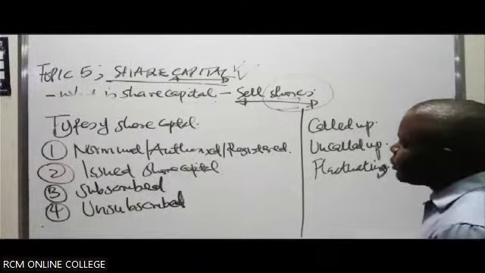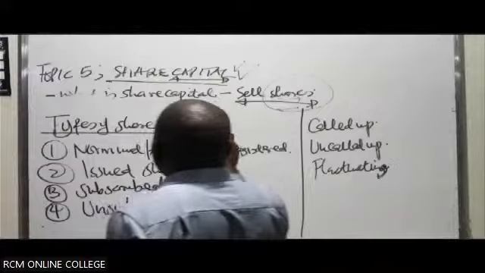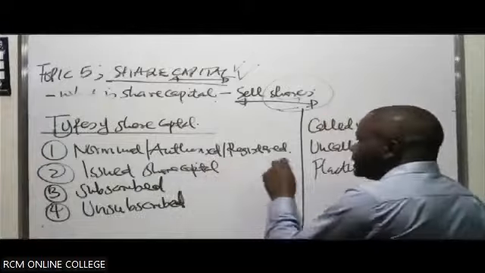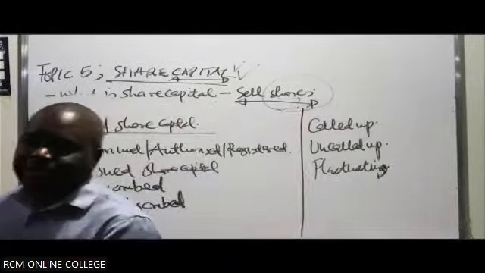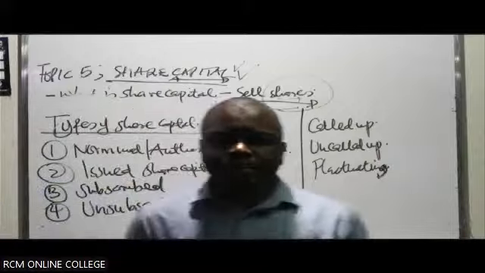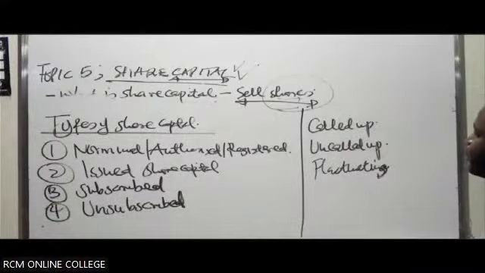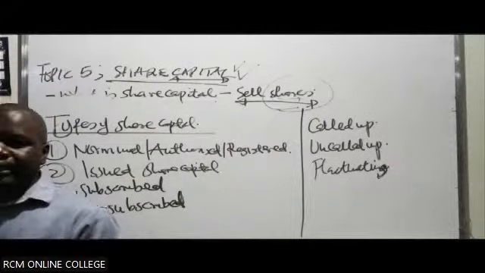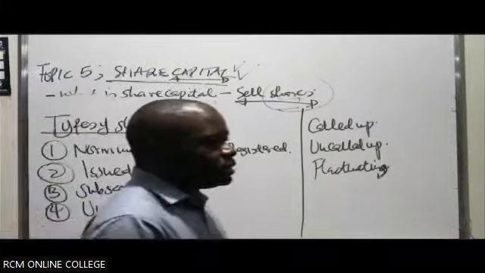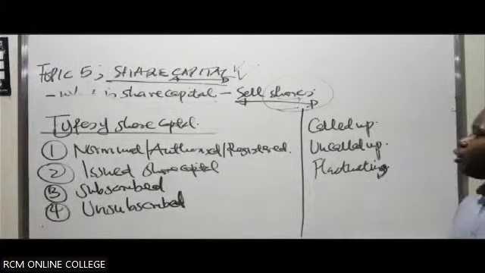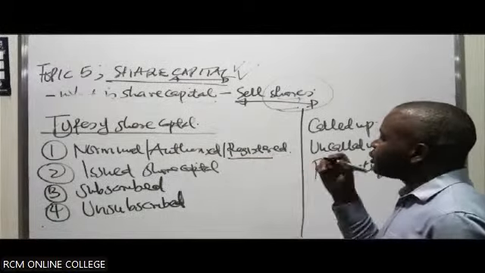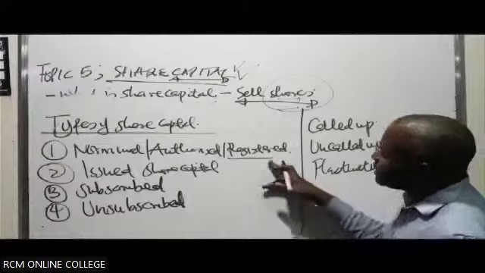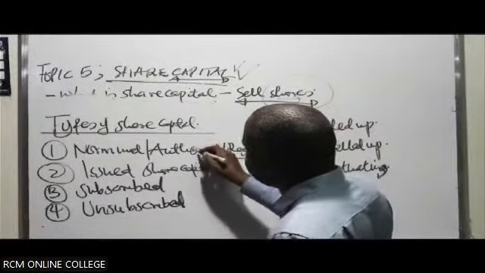So the type of share capital will likely be described by the name. For example, when we talk about nominal, authorized, or registered, it is the share capital with which the company will be registered at the registrar's office. When registering the company, you will be called upon to state which capital you want your company registered with. Maybe you'll say 100K, 1 million, or 5 million. That is what we refer to as the authorized or registered capital. Sometimes we call it authorized, as it is what you've been authorized by the registrar.